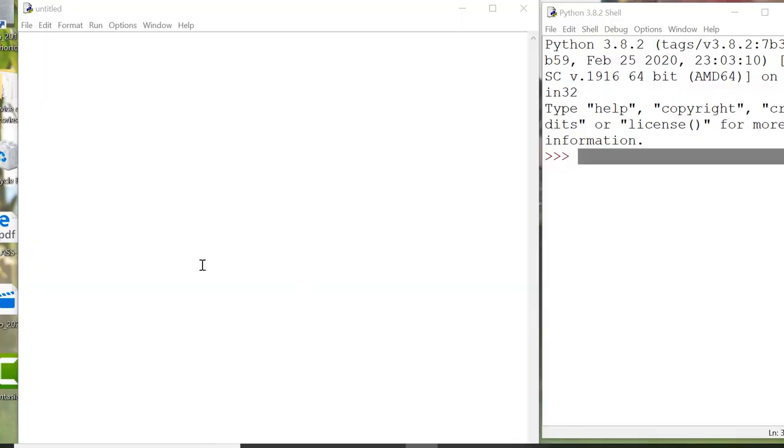Hello students, in this video I am going to tell you different ways of creating a series data structure of pandas. So first of all you have to import pandas as P. Then here I am writing the comment, creating series